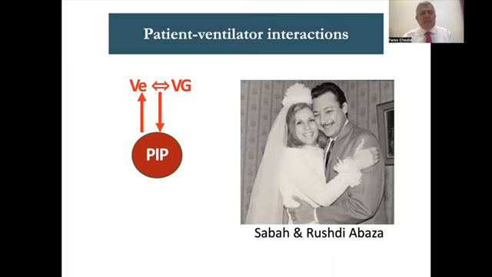If it is less than the volume guarantee, the next PIP will be increased. If it's higher than the volume guarantee, the next PIP will decrease. So it's a beautiful relation where the PIP communicates with the expired volume and the expired volume communicates with the PIP. But as the marriage between Sabah and Rushdie Abaza lasted only 1 day, and the next day she divorced him,